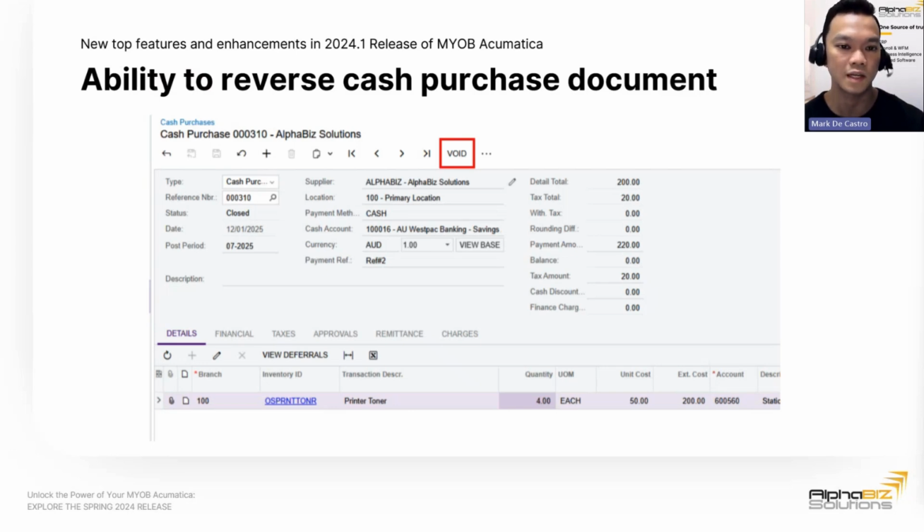As such, there's no liability being raised and assigned to a supplier account. If you look at this screenshot, prior to the 2024.1 version, Acumatica only allowed users to void these cash purchases for returns or refunds, because there's no option to return or correct the cash purchase.